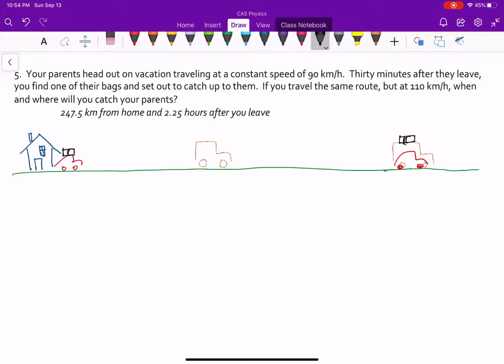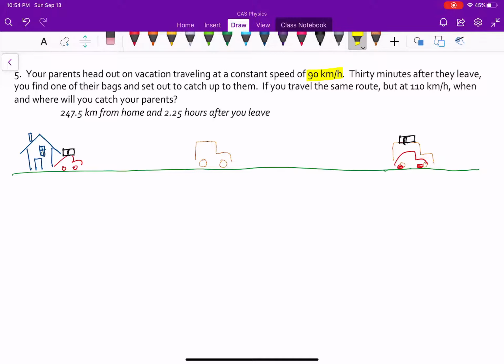All right, so this is a pretty interesting question. Your parents are heading out on vacation. They leave the house, traveling at a constant speed of 90 kilometers an hour. 30 minutes later, you realize that one of their bags is sitting there, and you definitely don't want them to come back home. So you, the thrill seeker that you are, head out traveling 110 kilometers an hour,